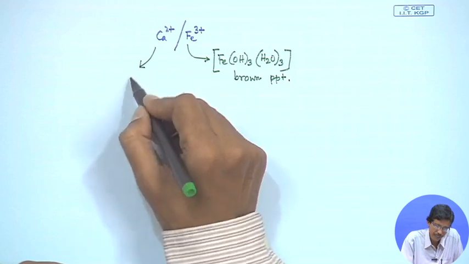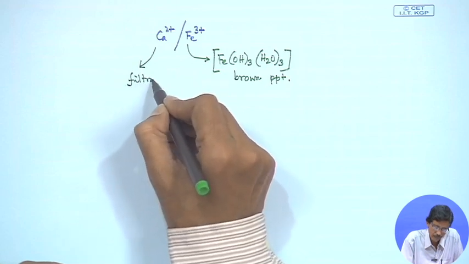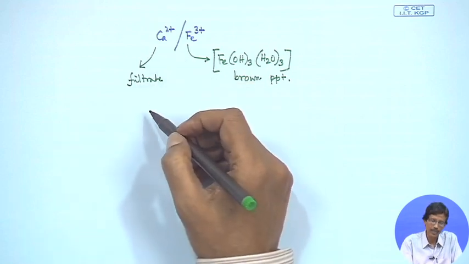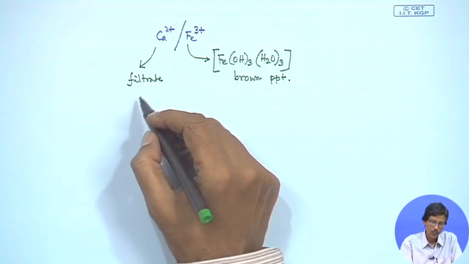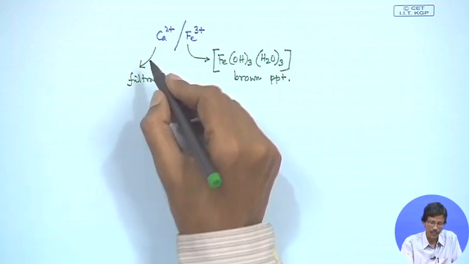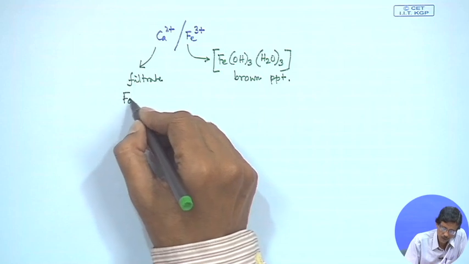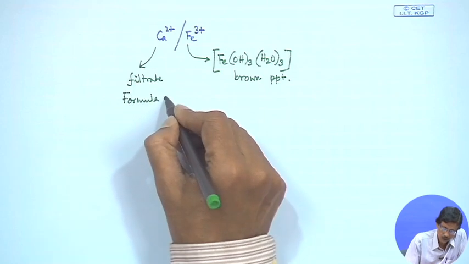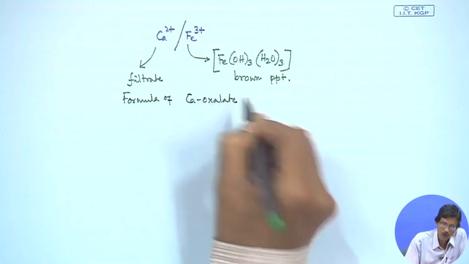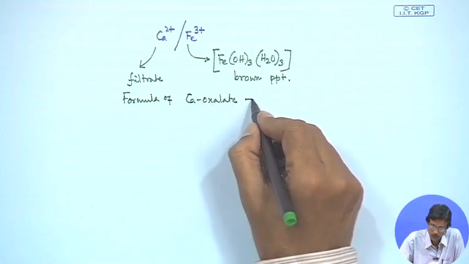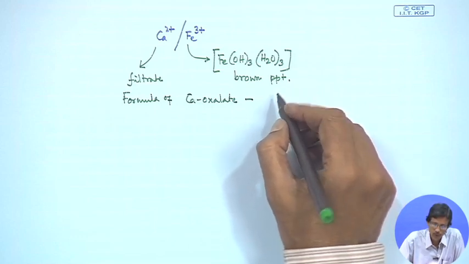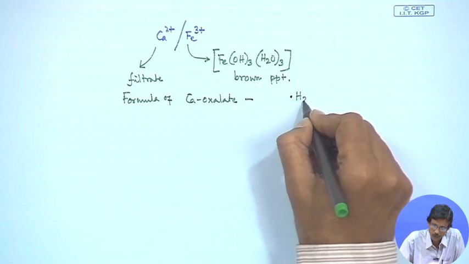So, from the filtrate we get the calcium 2 plus, and then we add the corresponding oxalate anion and we precipitate that. So, if we try to get the corresponding formulation, that means the formula of calcium oxalate, that means the corresponding molecular formula, which can be very useful to know, because the number of water